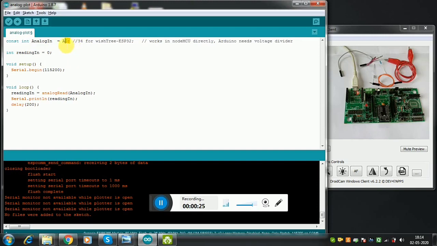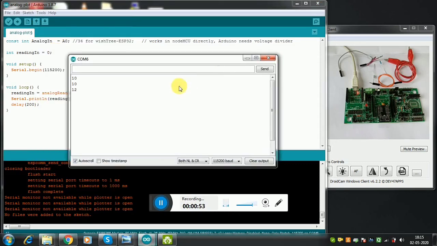We have named this pin A0 analog in, and we have taken an integer variable reading, initialized to 0. We started the serial and now in the loop we are continuously reading this analog in. Whatever voltage is connected to this analog pin, we are reading that and simply writing it to serial. So let us see what is being written on the serial monitor. Currently it is showing something like 10, 12, 4 because the connection is not made from the battery voltage to the